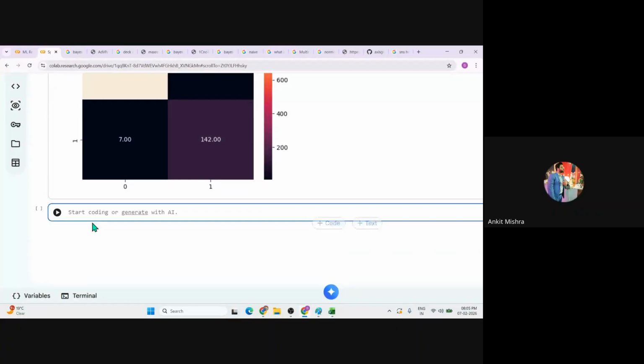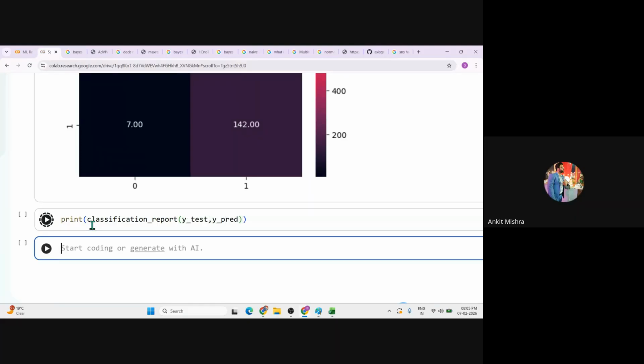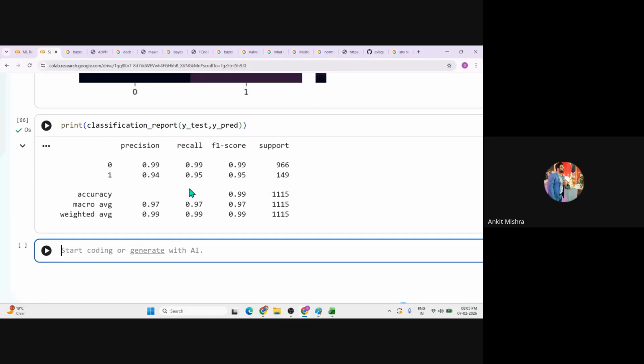Now because we have already printed this confusion matrix, let's call the classification report, where it will give you the complete precision, recall, and F1 score. You can just give the Y_test and then followed by the Y_pred. Now you will get the complete precision, recall, F1 score, and you are already aware of that, right? Now class, let's build on the prediction value, where we'll create the function.